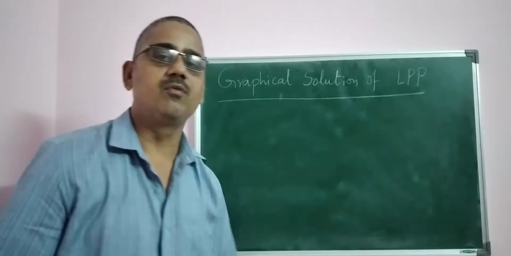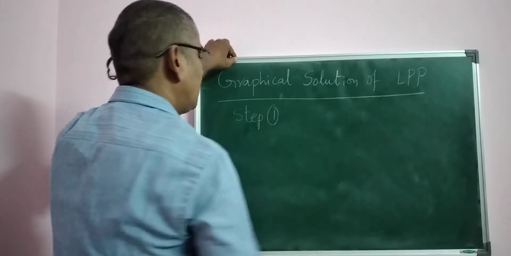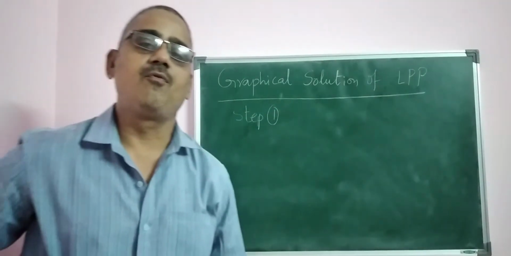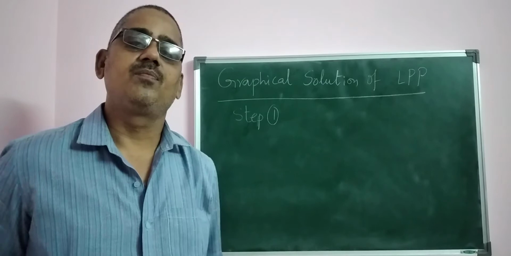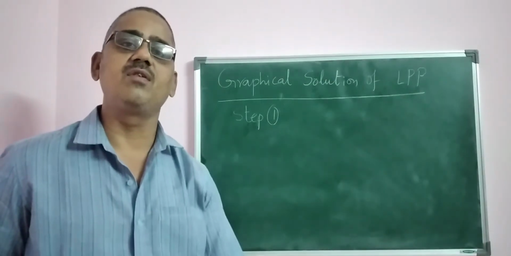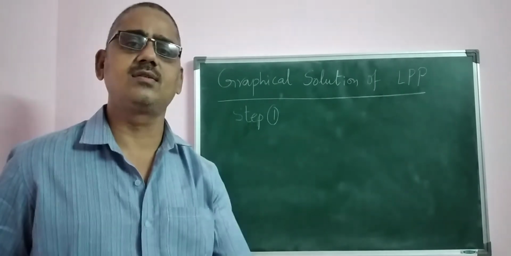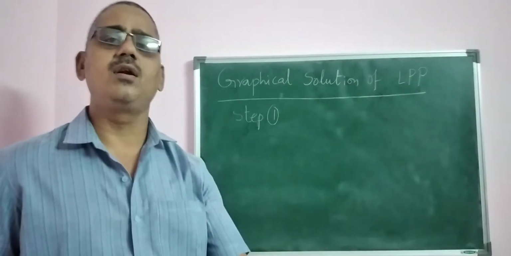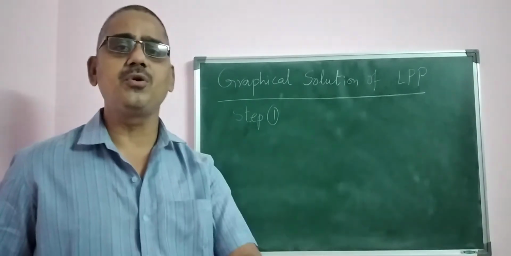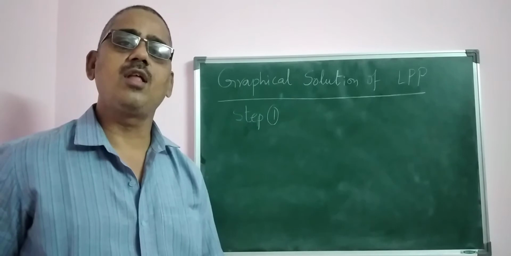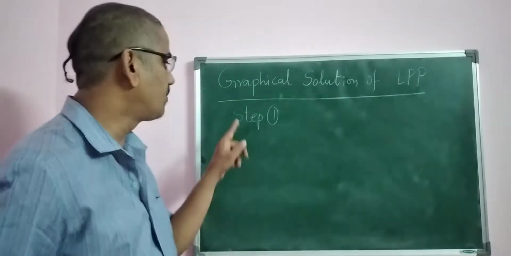So what is the method we discussed? The algorithm we are discussing. Step 1. Whatever inequation of the constraint is given, convert it in terms of equation, by simply removing, for example, less than or equal to or greater than or equal to, and converting in terms of equal to. Don't use slack and surplus variables. Just directly take inequation into equation. That's all. That is, convert the inequation of the constraint into equality of the constraint. Right? That is step 1.